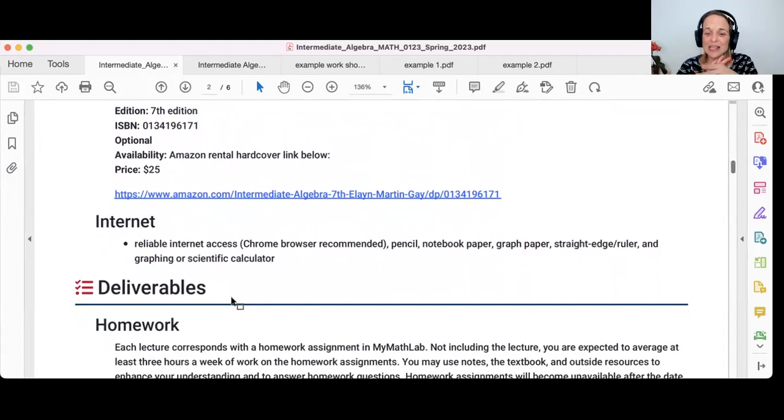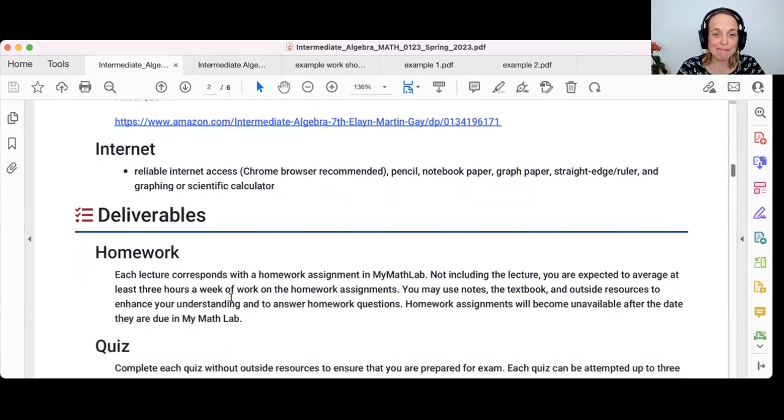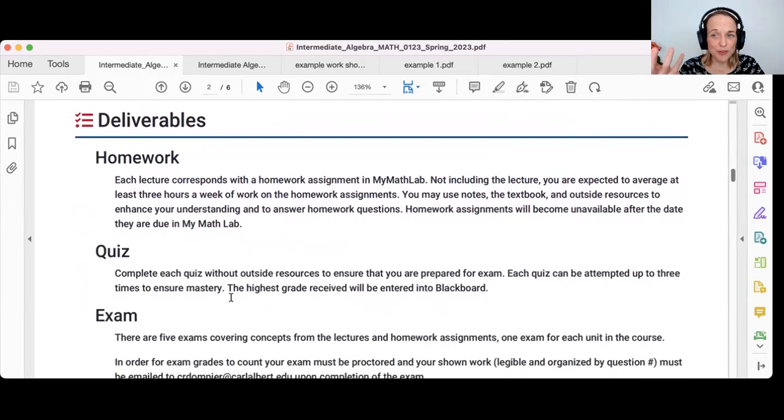I think, in my experience, Chrome is the best browser to use with Pearson, MyMathLab. So make sure you download Chrome. Oh, I think also Chrome is the only one that HonorLock uses. Yeah, so you're going to need to download Chrome. But it doesn't matter what type of computer you have. Make sure you have a web camera if you're being proctored by HonorLock, because they do require recording of your web camera.